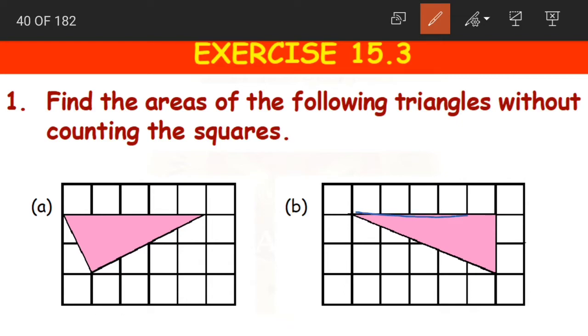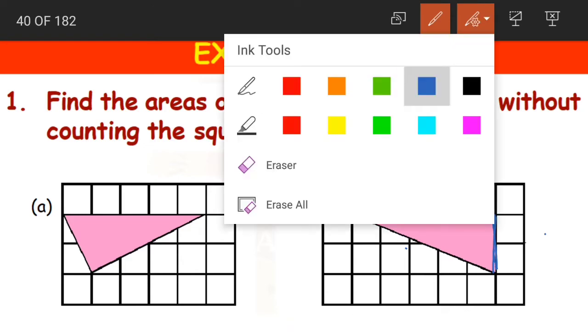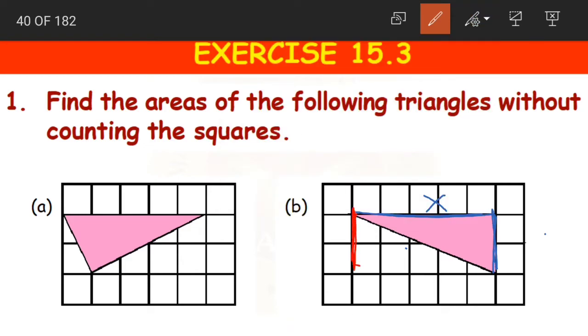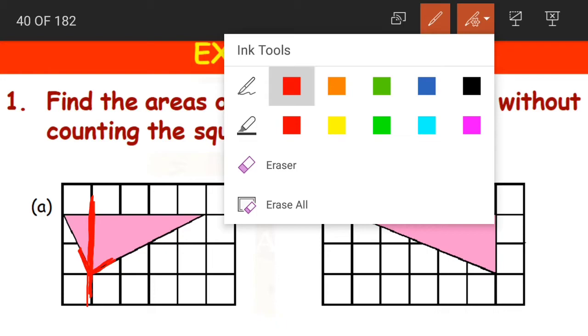So when the triangle is having an L shaped corner, we need not divide the triangle into two halves. We can simply make a rectangle and then find the area of the given triangle. But whereas in question A, as we are not having that L shape here, we'll divide the triangle into two parts at its peak, that is at this cone shape. Yes or no? We'll divide the triangle into two triangles.